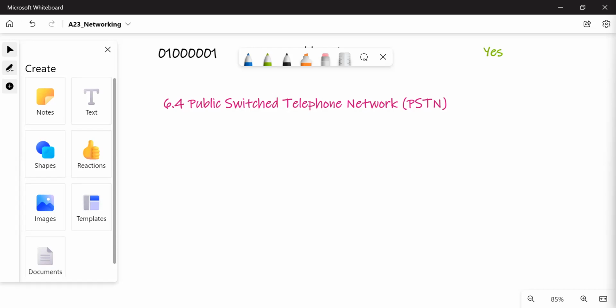So basically it will connect telephones with a single wire, right? But two telephones are not connected directly, right? And the main thing is we need to send